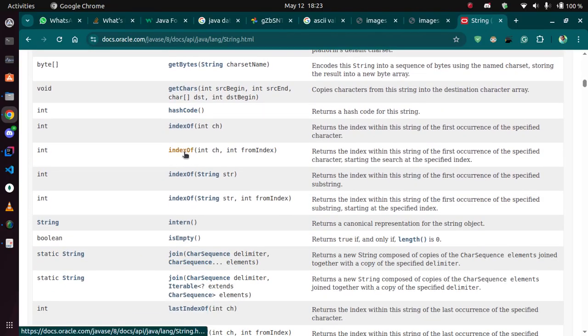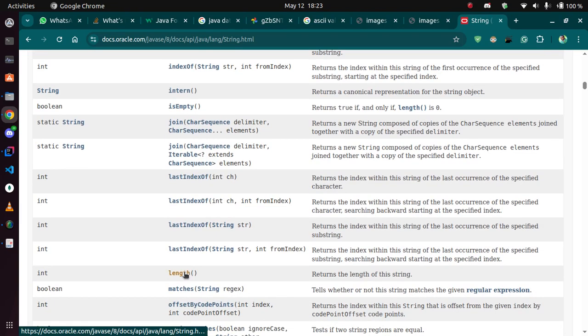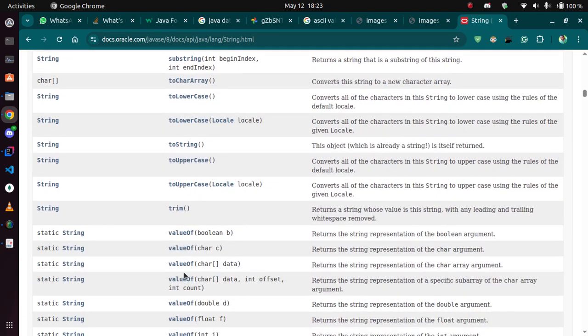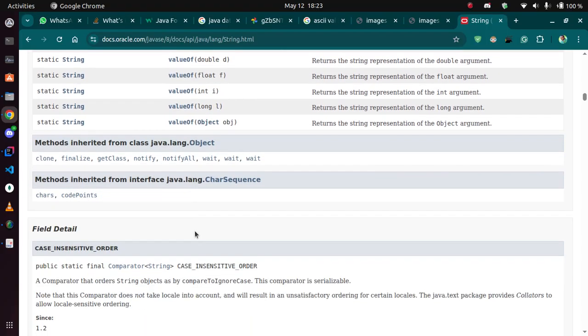You can check if it's equal to something. You can check the index at a certain point. You can check if it's empty. You can join it to something. You can find the last index. You can find its length. You can turn it to string. Yes. You can find the value of